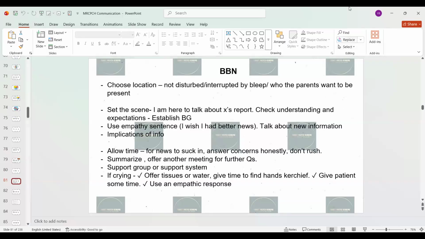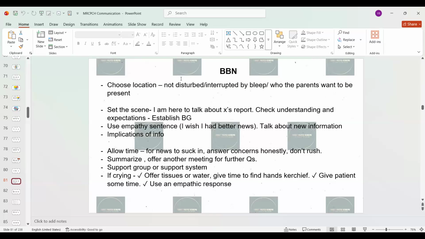In breaking bad news, the template is the same as I said, but you don't want to be disturbed in the middle of your conversation, because breaking bad news is one station where the emotions are too high. You need to address the emotions first: name the emotion, address the emotion, and then move on. Also make sure you are sensitive and your voice is very empathetic, and that there is no disturbance.